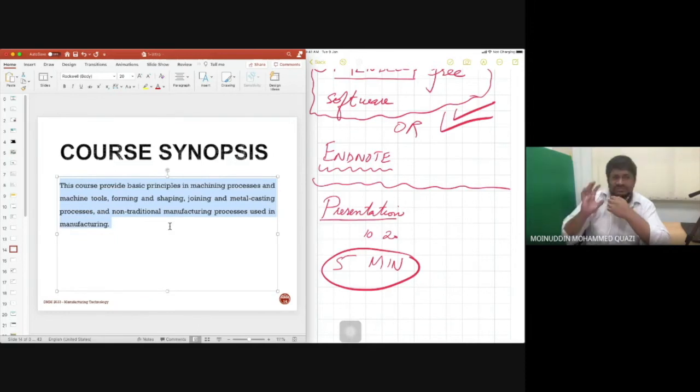So this subject is a combination of machining. Machining means that we are going to remove material, okay, like lathe machine, like milling machine, like drilling machine. So when we are going to drill into something, then material comes out of it, right? It is a removal process, so it is a machining process. Then forming means that, let's say I have this material and I'm going to bend it. I'm going to bend a metal, so this is forming or shaping process, okay.